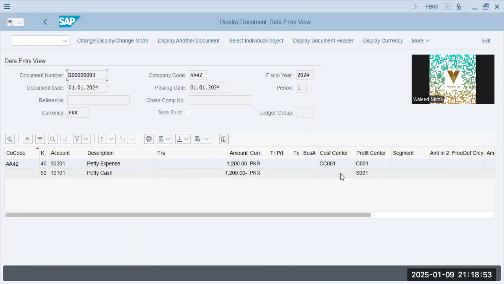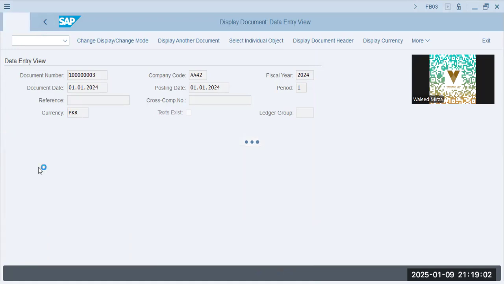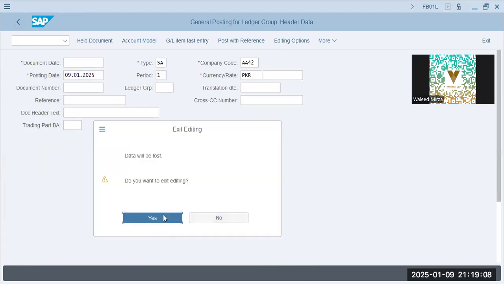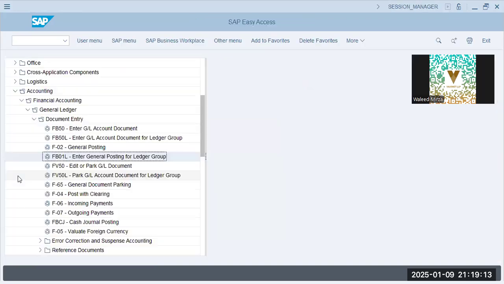Now this is the basic structure of a document. This is what we are going to construct with the backend with a company code. That is more important. But before we actually go into configuring the company codes, let me show you